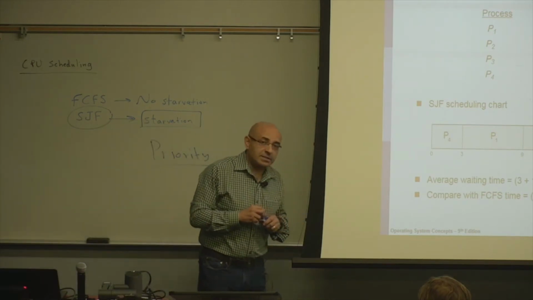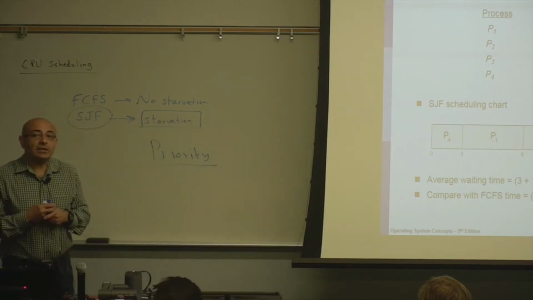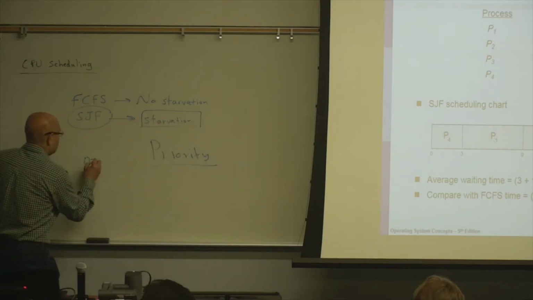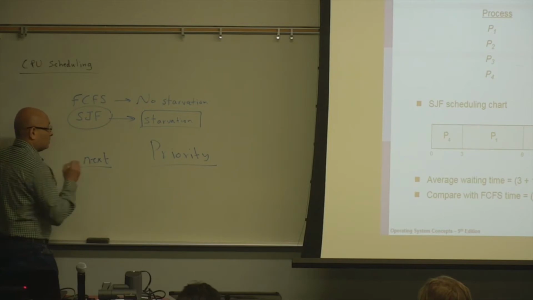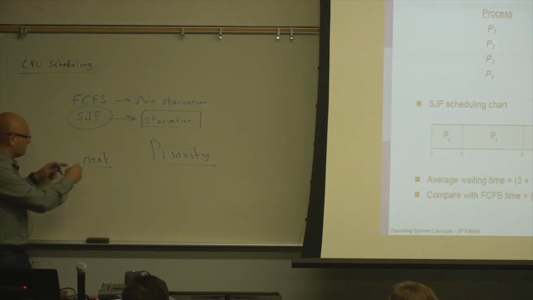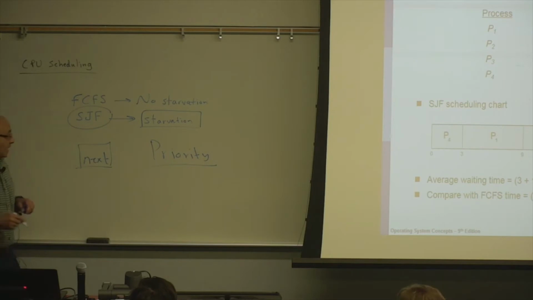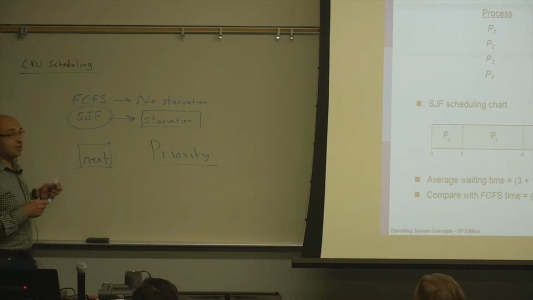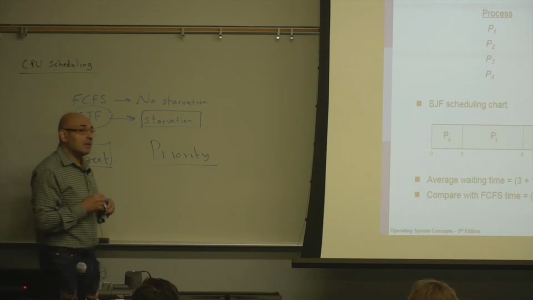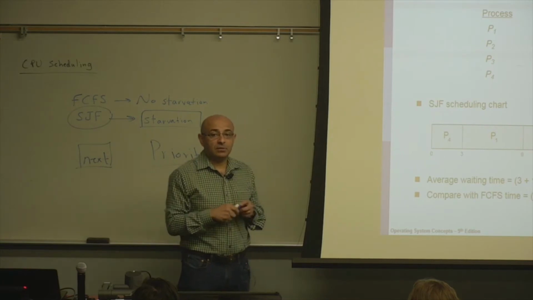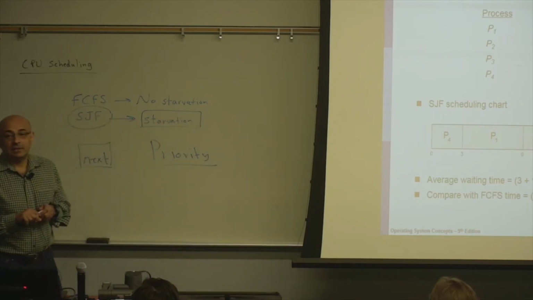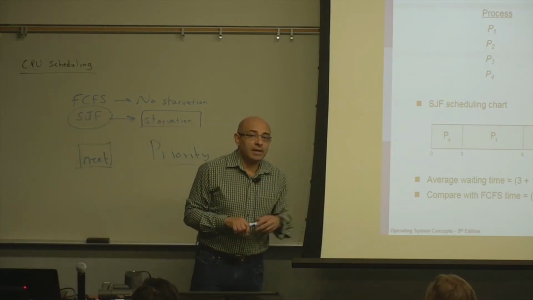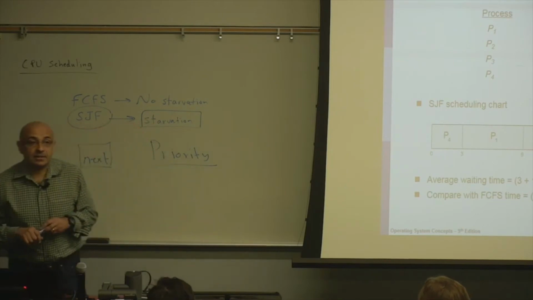Yeah. Knowing the CPU burst time, because we're trying to schedule based on the length of the next CPU burst. That's what we care about. That's what we are trying to schedule, the next CPU bursts. And the next belongs to the future, and the operating system doesn't know the future. But the operating system knows the history. It knows the past of the process. And based on the past, it may make a reasonable estimate or guess about the future.